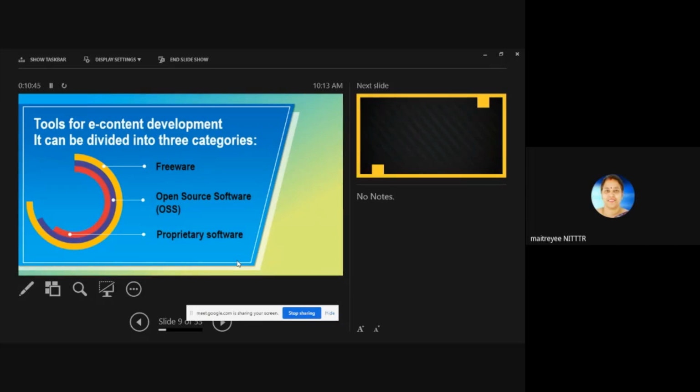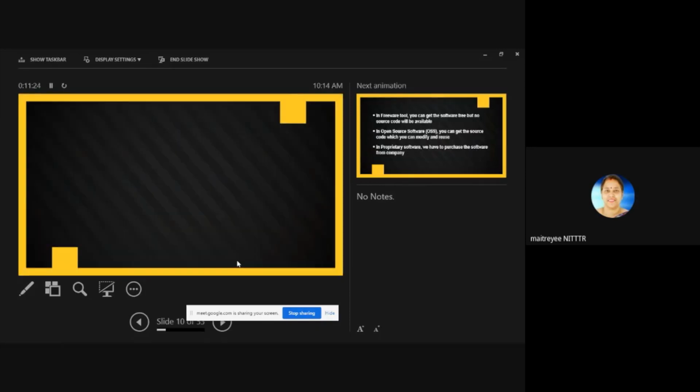In Linux, all the people who want to edit something or add something in the software can do so, and automatically the software can be edited or updated, and the updated software can be used by many persons. It is going on like this only, right? So that is open source software. Proprietary software is the software that you have to buy; it is commercial software. So these are the three kinds of software. You can divide the tools into these three categories.